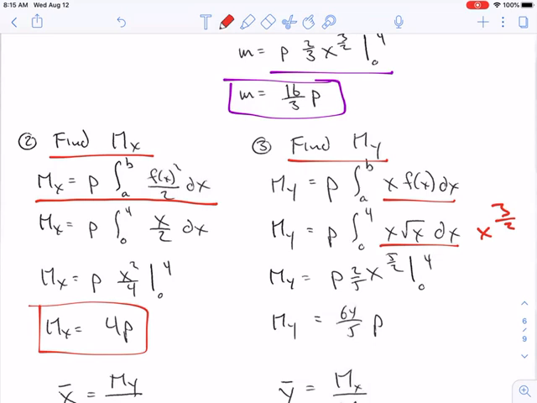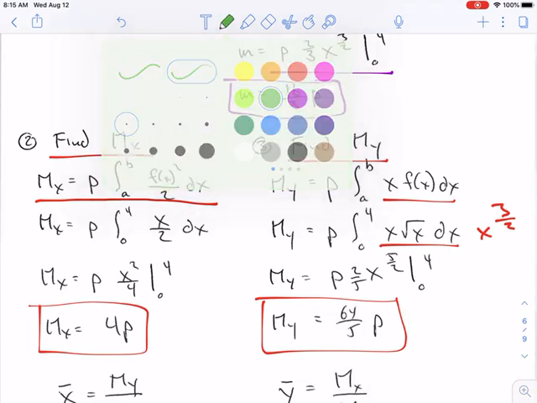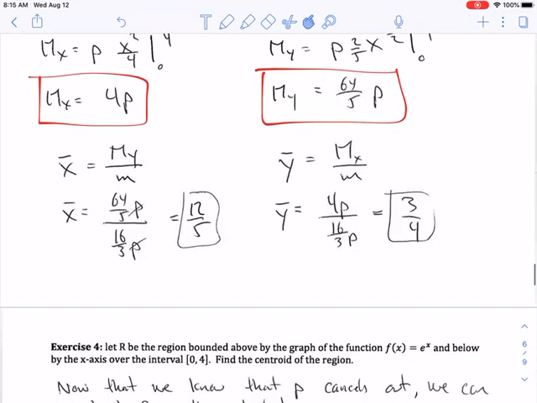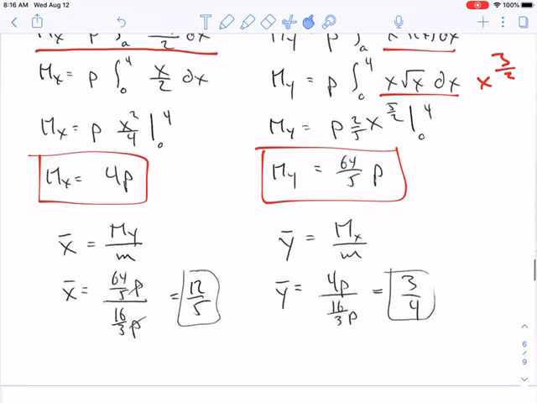And so integrating that, we get x to the 5/2 times 2/5 times rho. Evaluating it, we get the moment about the y-axis, 64/5 rho. And then finally, putting it all together, let's see, 16/3, yep. Putting it all together to find the x